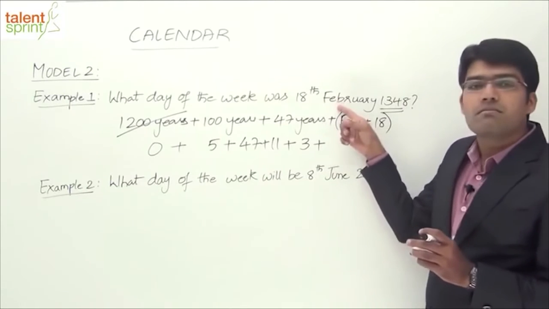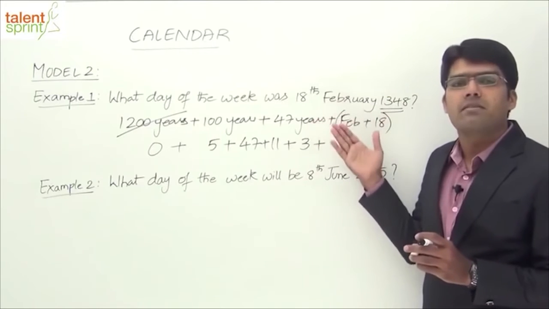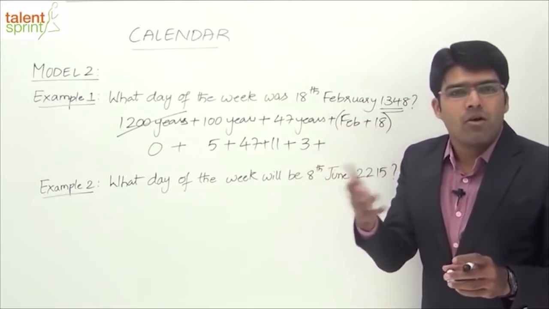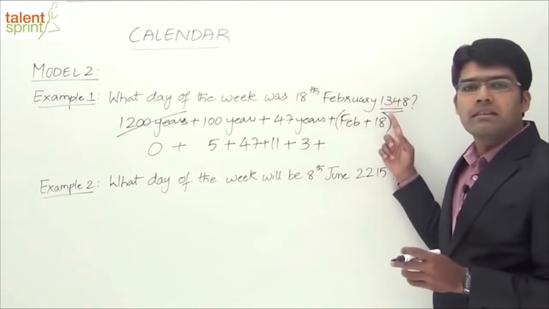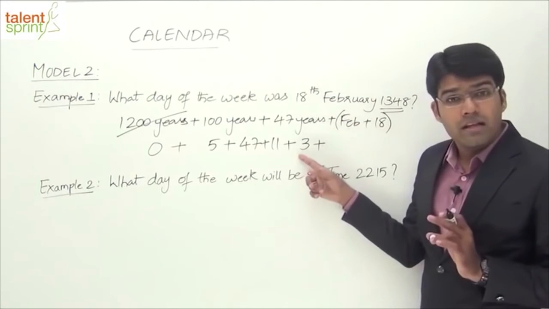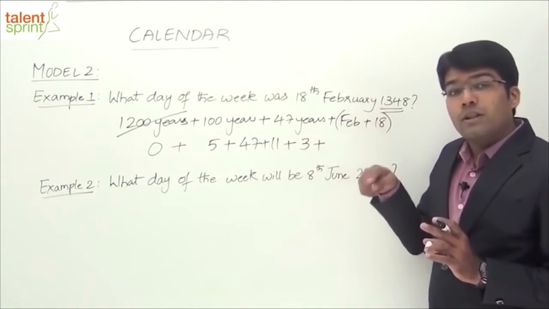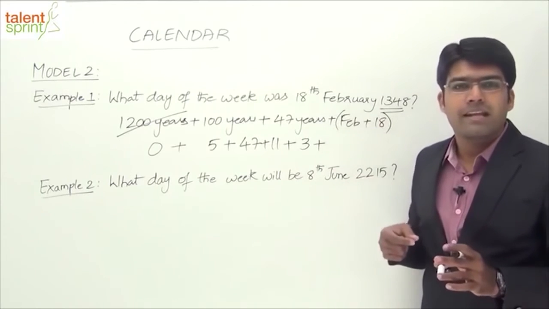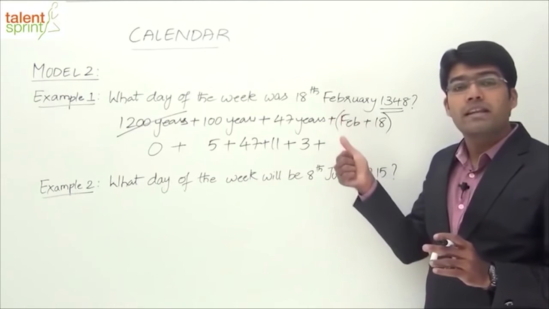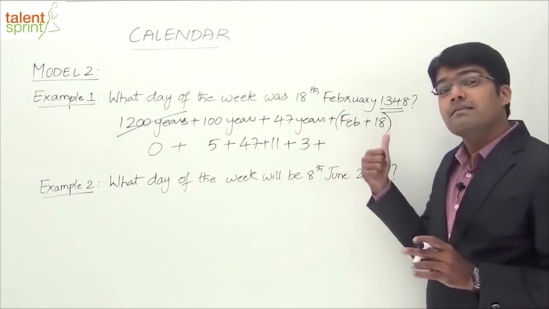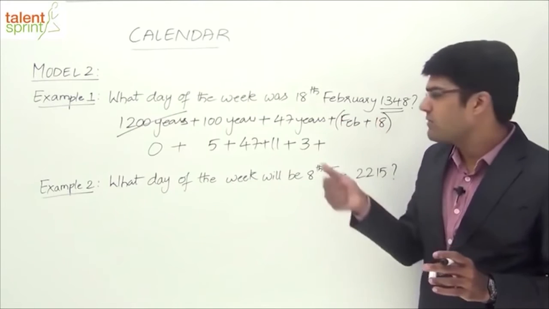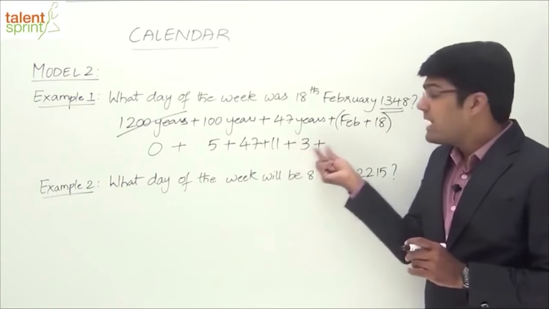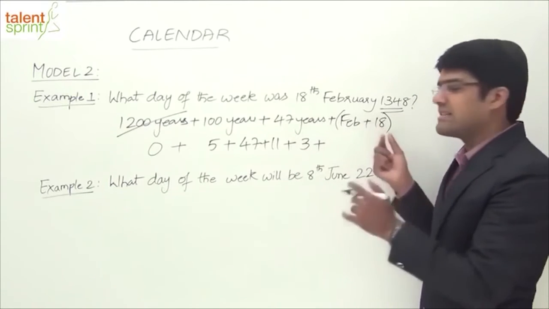Had the same calculation been for some other date which is after Feb, for example, let's say 1st of March 1348, or some date in October, 12th of October 1348, then what do we do? We'll take the code for October and we'll take plus 1, because 12th October comes after the month of February, which means there will be one additional odd day in that period. But since this 18th Feb 1348, though it is a leap year, is before the actual additional day, we need not consider that extra day, right? And so for Feb we have taken the code as 3 and the date 18, so this 18.